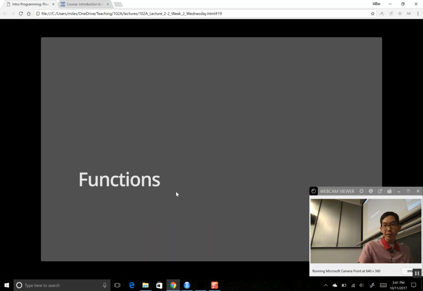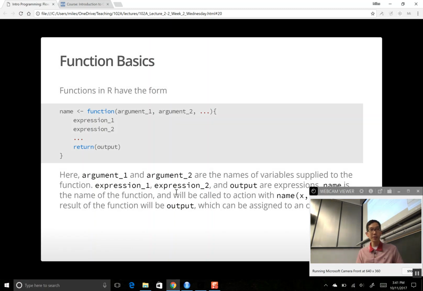All right, let's talk functions. Okay, functions are very important. We'll often have repeated operations that we need to perform on different inputs, and that's what a function allows us to do. Functions are always in the form, we name whatever name the function is,